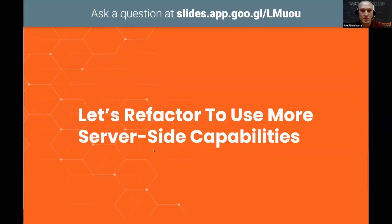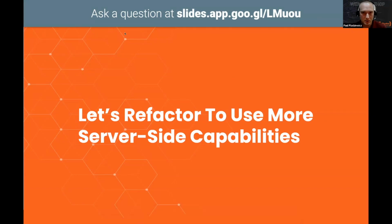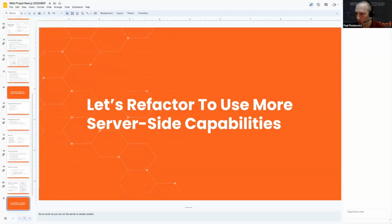Okay, let's refactor to use more server-side capabilities. I'm not sure how far you got in your application, but probably the first thing we want to do is look for an opportunity to